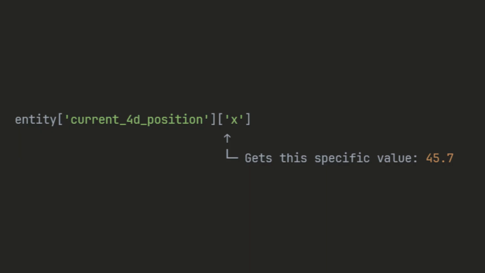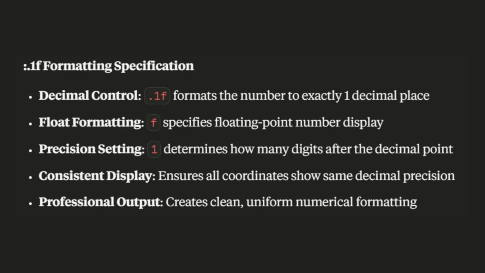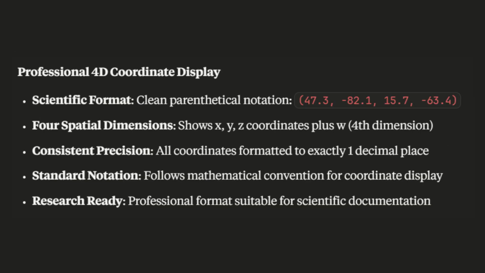The :.1f formatting ensures each coordinate displays with exactly one decimal place. So instead of showing -47.38269, we would get -47.4, creating cleaner, readable output. The result is professional scientific formatting: 4D position (47.3, -82.1, 15.7, -63.4), displaying all four spatial dimensions in a clean